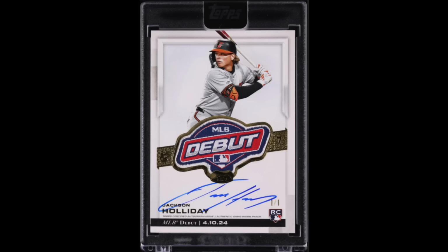And leading us off at number 10, 2024 Topps Rookie MLB Debut Patch Auto, Jackson Holliday. The card is a 1 of 1, and the MLB Debut Patch there was worn by Holliday on his jersey in his Major League Baseball debut game, which makes it a cool piece of history. Like I mentioned, it's a 1 of 1, and the card is autographed. Sold for